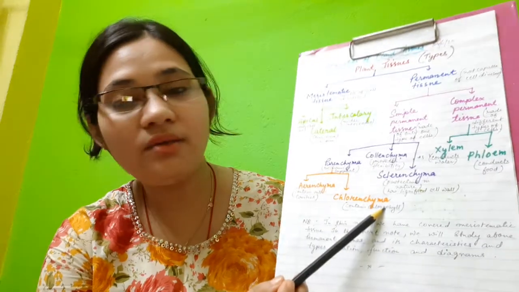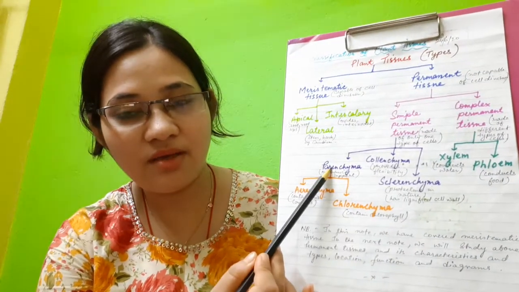And chlorenchyma are such type of parenchyma tissues which have chlorophyll in them, so they help in photosynthesis. So parenchyma is of two types: aerenchyma and chlorenchyma. So in this video we will see that permanent tissue is